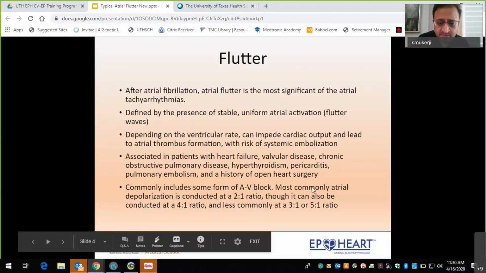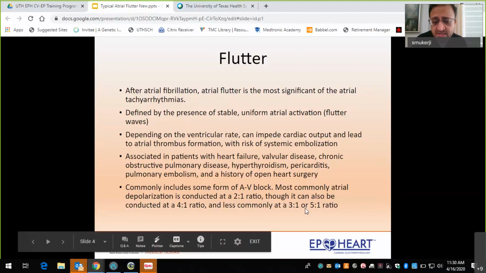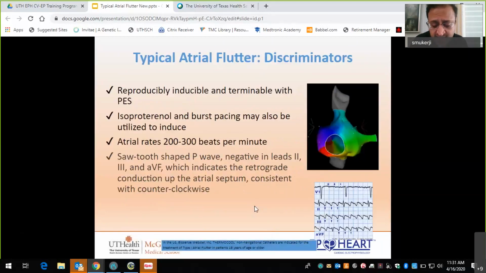With all of the tachycardias, SVTs especially, these impulses also need to go through the AV node. And with the physiological AV node decremental properties, this can go anywhere between, just looking at the last statement, 2 to 1, 4 to 1, 5 to 1. Doesn't really mean much, but that being said, the caveat is